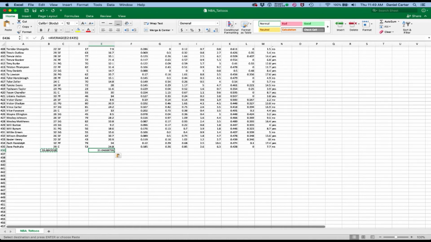Now, these are all numeric columns right here. So I could take the average of all of these, and an easy way to do that is I could either copy and paste that formula, or I could come here to the bottom right of the cell where the little solid green box is, and I can pull that over. And what it's going to do then is fill that function across all of these columns. Okay, so now I have some idea about what is the average for a lot of these,